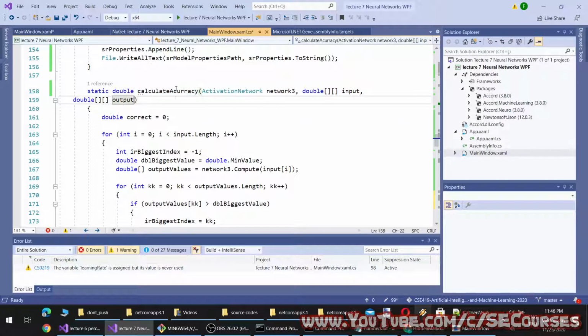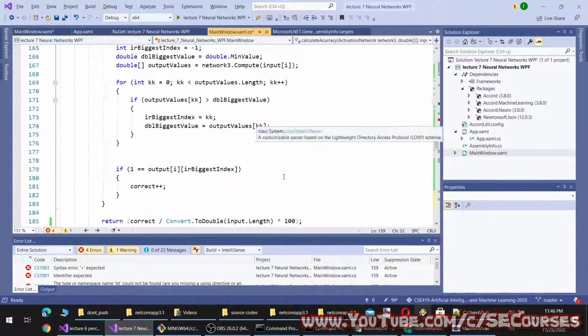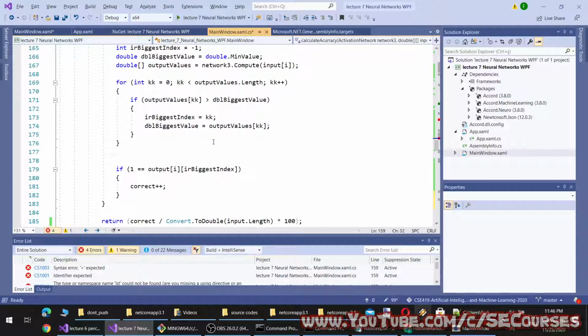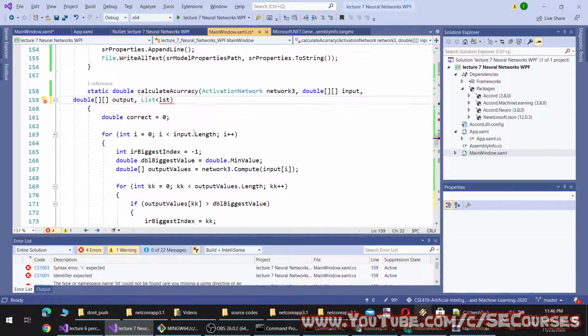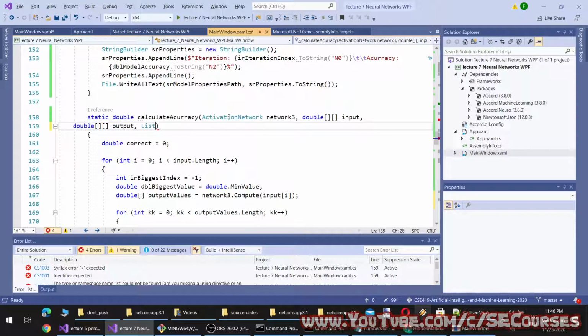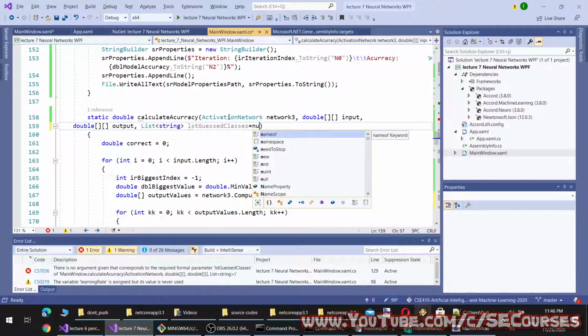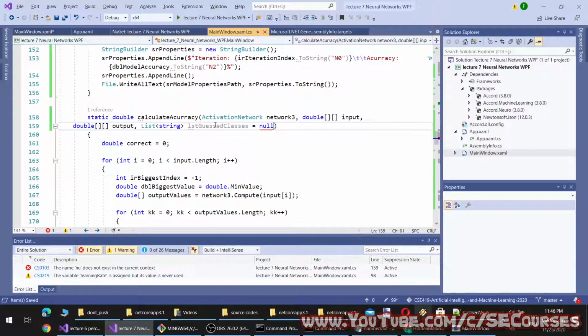And we can also modify this to return guesses. So to return guesses, I will just provide this list, and to get the guessed classes, let's say this string, let's see classes, and I will let it be null by default.